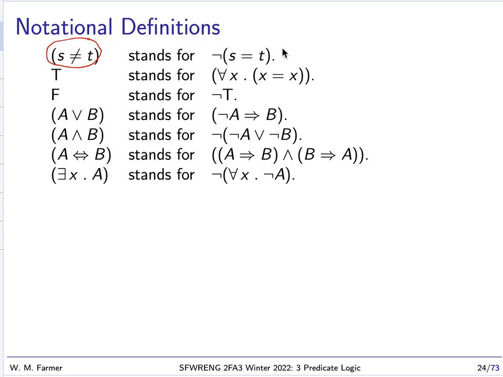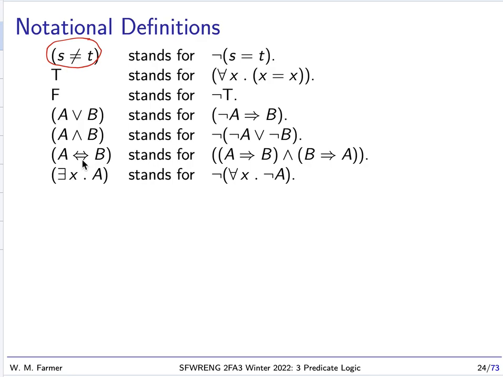The one on the right is the official version. The one on the left is the convenient version. So T will stand for a true formula, and one of the truest formulas is for all x, x equals x. And F stands for a false formula, not T. And we want to introduce or, and